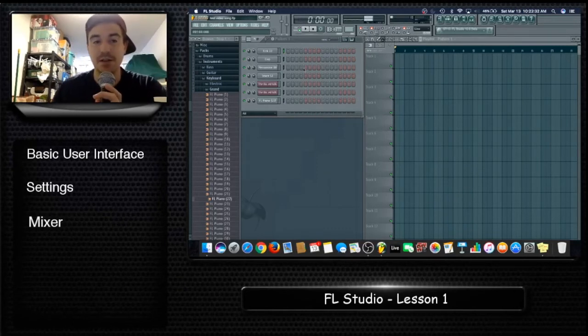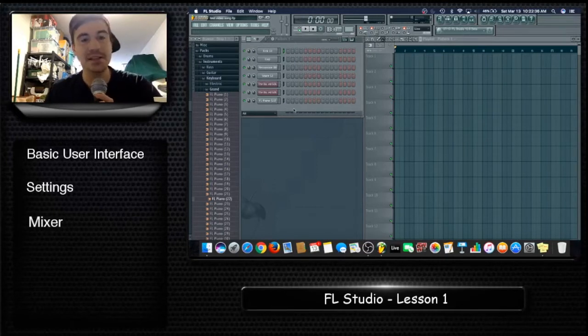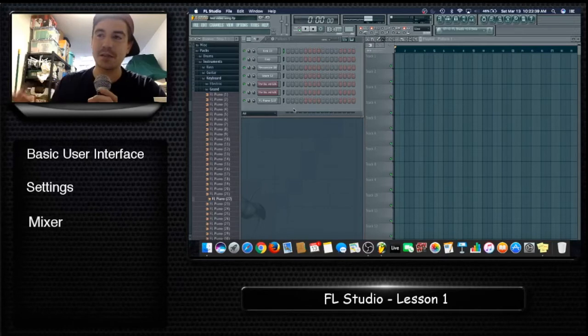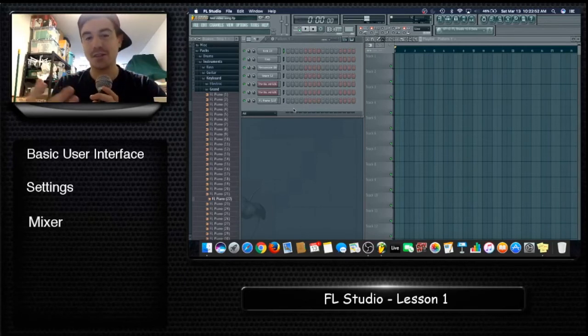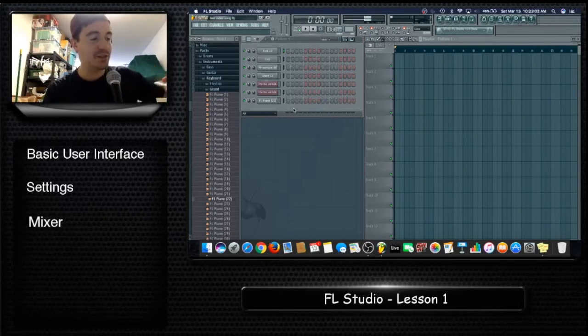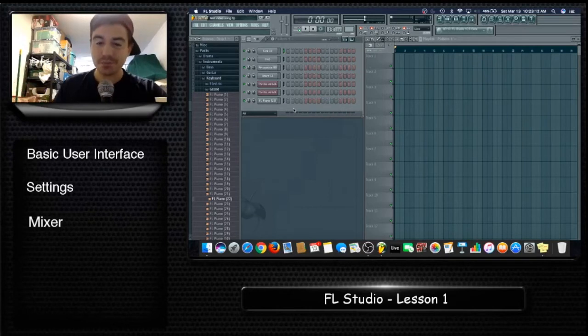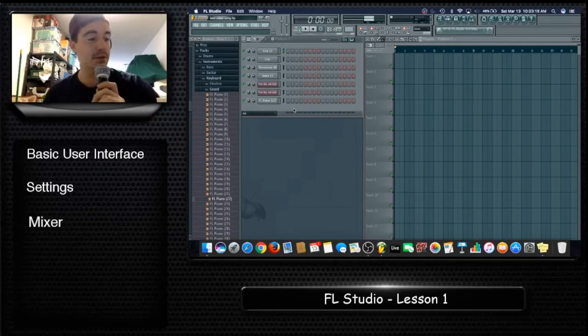So this is the basic user interface. You have a step sequencer right here. This is where you can make beats. I do advise making all your beats and melodies on actual instruments or MIDI controllers because it's a lot more fun and you practice music. When you make a melody on a keyboard, you're learning multiple things. You're learning the recording process here in FL Studio, but you're also learning how to play the piano, how to get your fingers right, where the notes are, and you can translate that skill to a stage where you're able to perform. If you make everything on the screen, there's not much you can do when you get to the stage. So I really, really recommend making everything with your hands, using instruments and MIDI controllers,